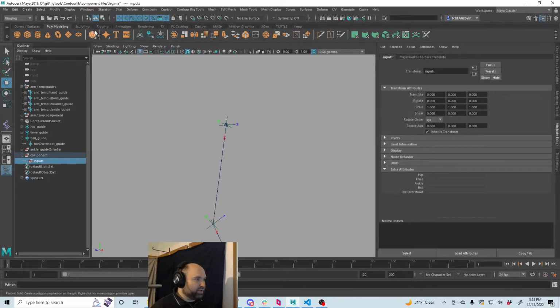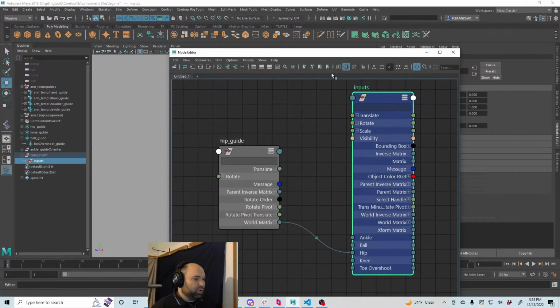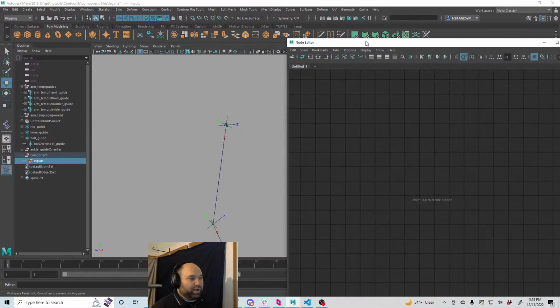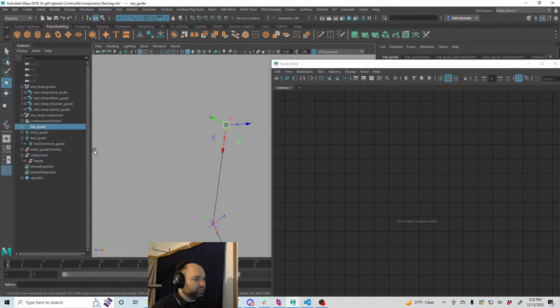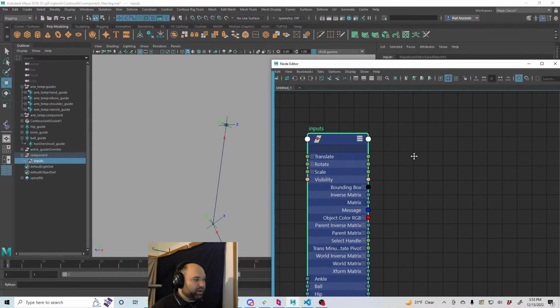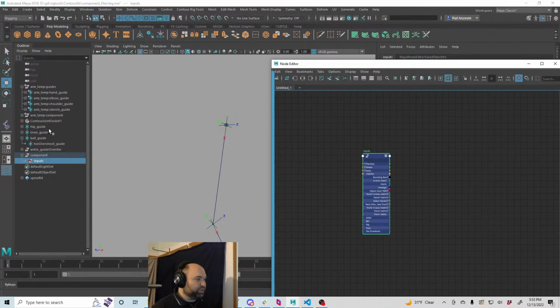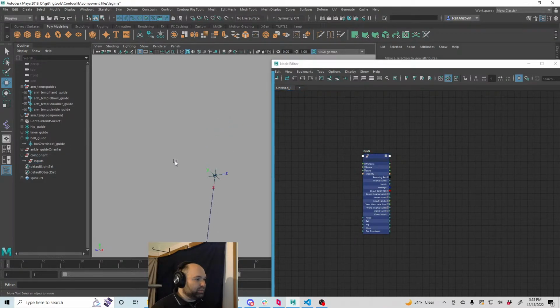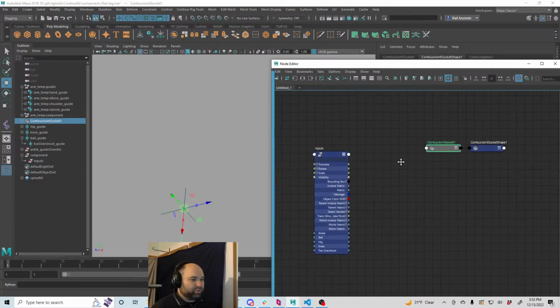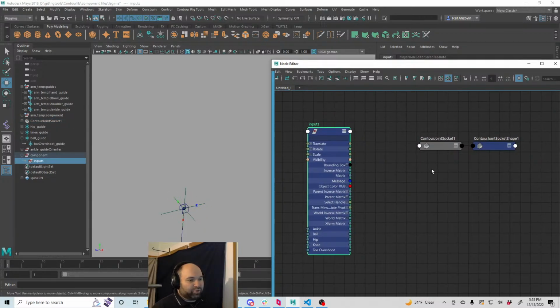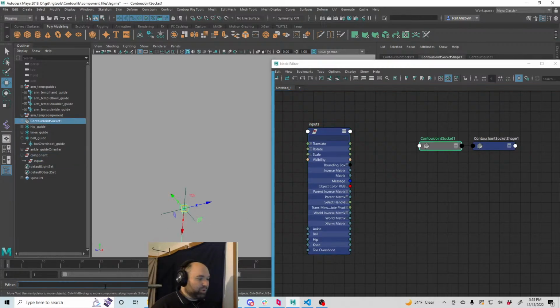So in that case, I am actually going to look at this in the node editor so that you can see what happens when I run this function. I'm going to put the inputs in there, and I'm going to put the contour joint socket in there, which eventually we'll call something other than contour joint socket 1, but I'm not going to worry about it right now. And now we're going to actually make use of some of the things that I wrote there. So import